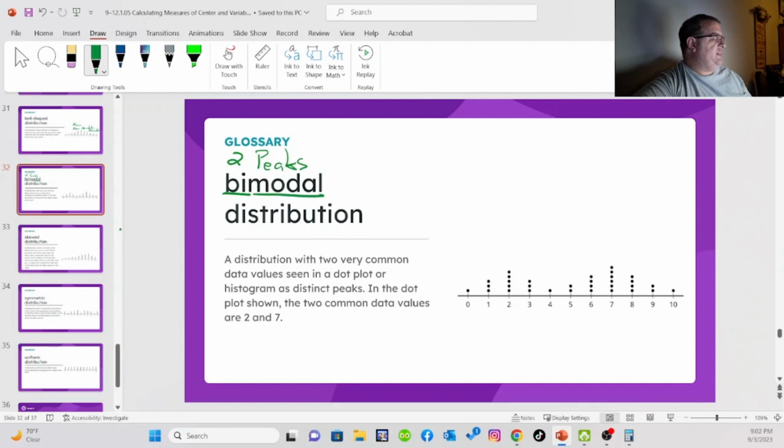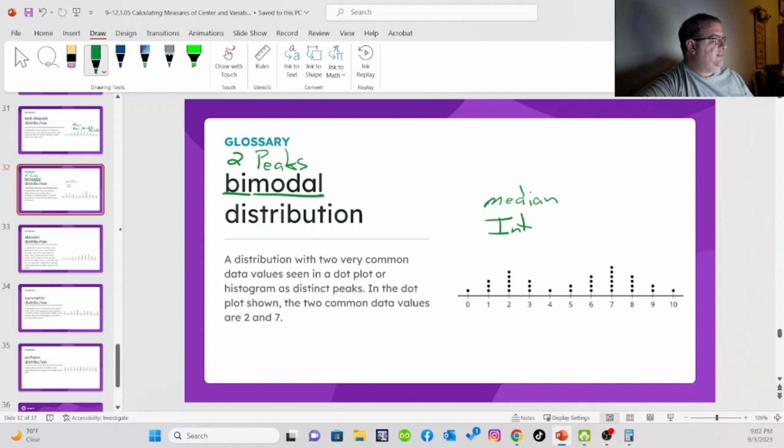But if you look at this data set, they are not symmetrical. The right side has more points on it than the left side does. So because this is not symmetrical, you have to use the median